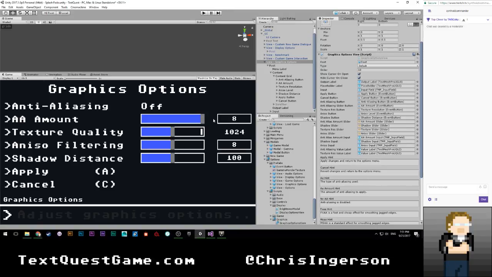Let's see. It also means that this is going to have to change. I could do that one of two ways. I could either have two separate sliders that I enable and disable as I need them, or I could try to